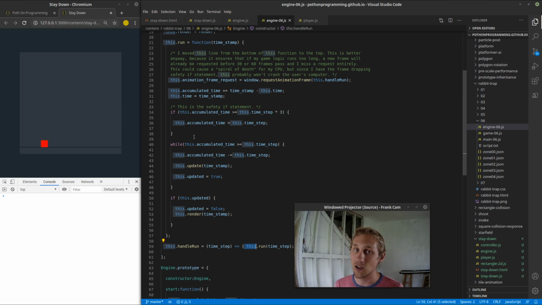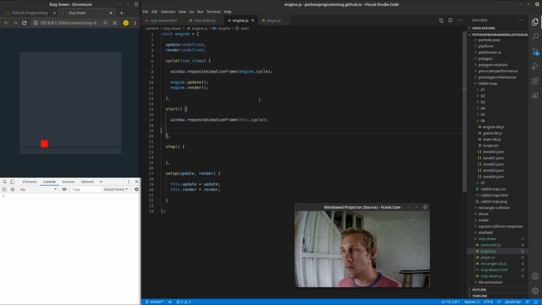I'm going to show you how to do it now without using a class. It's kind of weird to look at, but we're going to test it out. We're going to get rid of the reference to engine inside of our cycle function. The reason this is bad is because if I want to rename this to whatever, like my engine, I would have to come into the cycle function and change them all, which is stupid, and I don't want to do that. So inside here we're just going to be optimistic and say this,